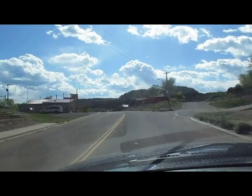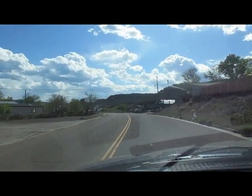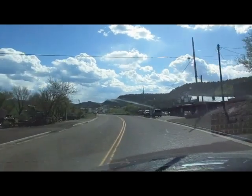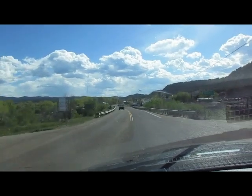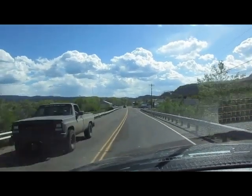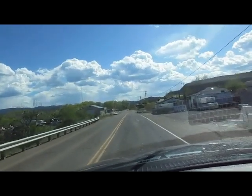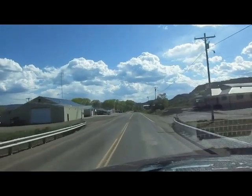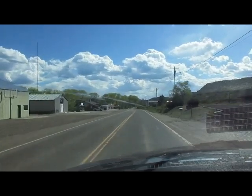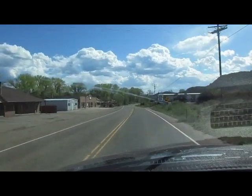Has covenants, but no POA, no dues. People do basically what they want on their land within county regulations. And power's not too far from it, about 4 poles, at $2,100 a pole. It's got a little valley bottom on it. It would be a great place to drill a water well. Shouldn't be too deep to get a water well. It's a good price. Owner financing's offered on it,